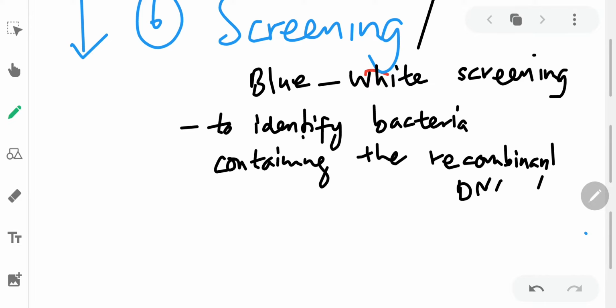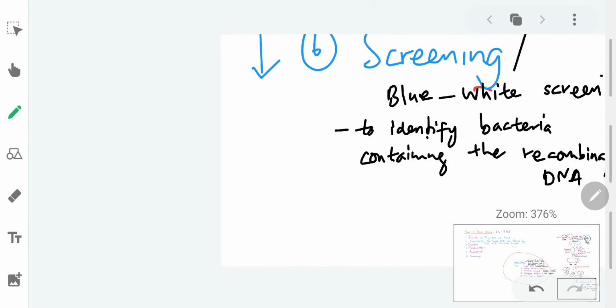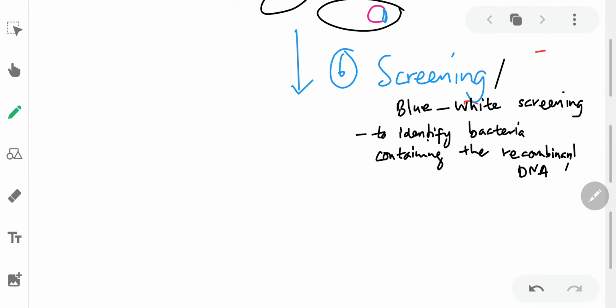Recombinant DNA. Alright. So, in blue-white screening,